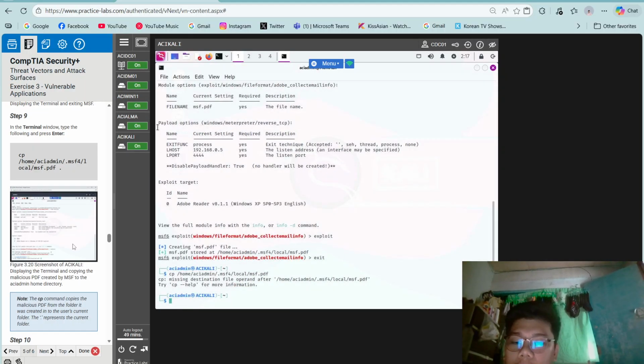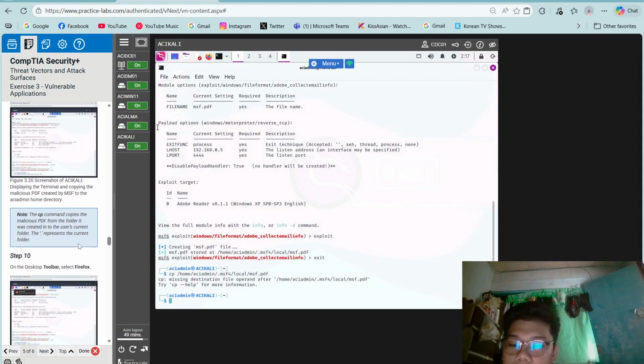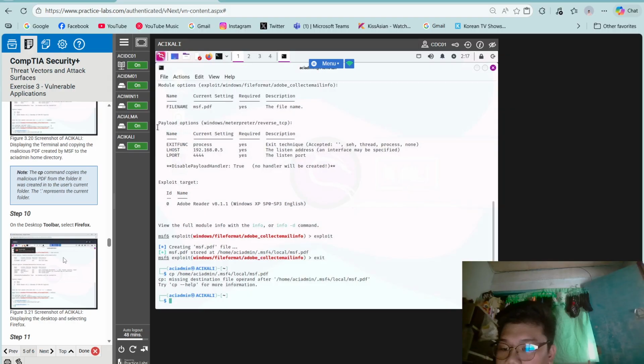Enter. So note, the cp command copies the malicious PDF from the folder it was created in to the user's current folder. The dot represents the current folder.